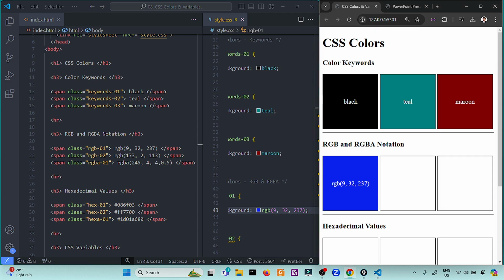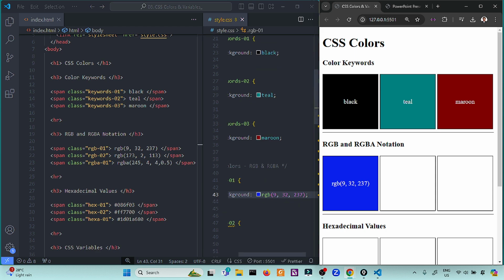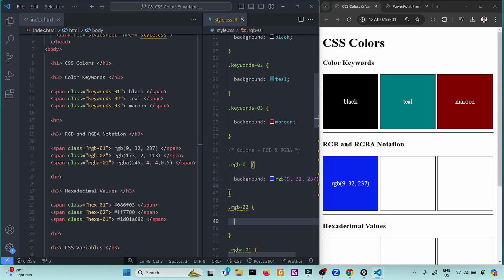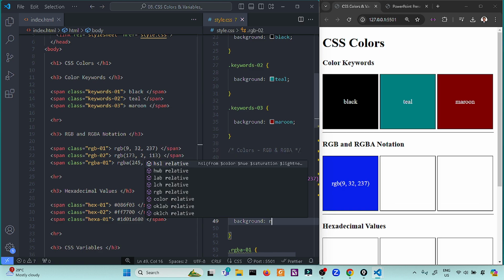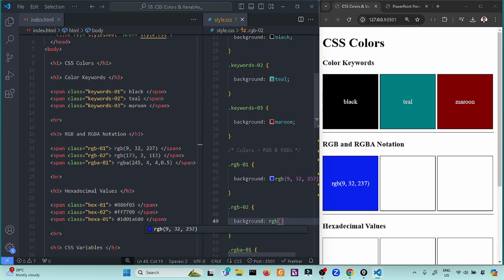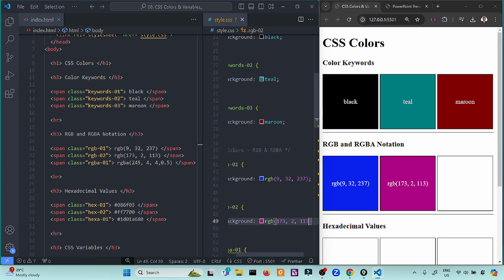Another one, we can also use background, rgb, then 173, 2, and 113. So this is our second color.